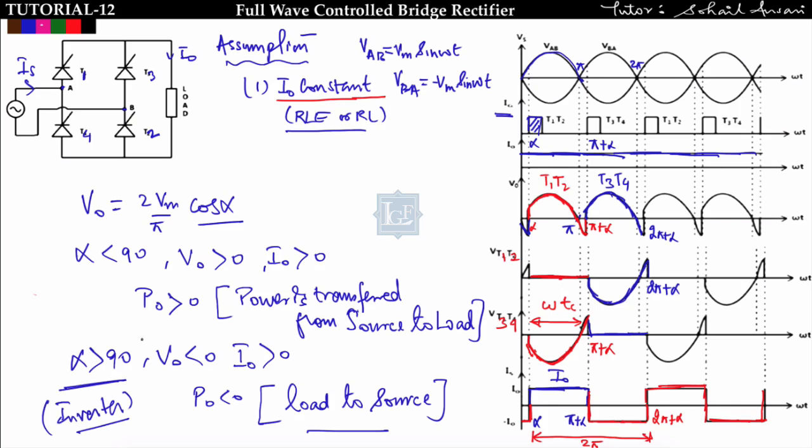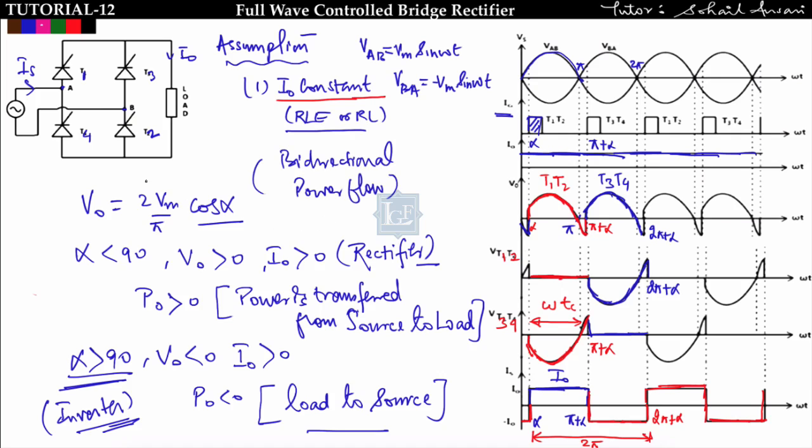What is an inverter? An inverter converts DC power into AC power. So for alpha greater than 90, DC power, that is the load power, is transferred to the source. So for alpha greater than 90, this converter will work as an inverter, and for alpha less than 90, this converter will act like a rectifier. Okay, this is very very important, so keep it in mind. So I can conclude that bidirectional power flow is possible here. What do you mean by this? Bidirectional means the power is flowing in both directions,